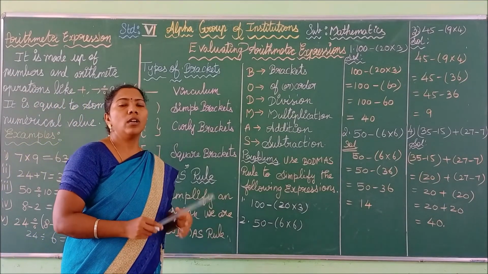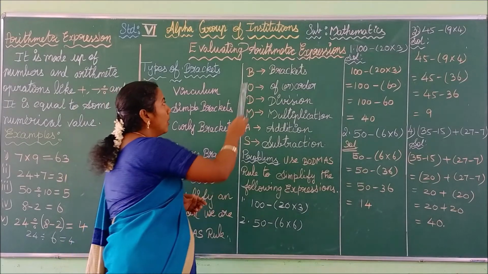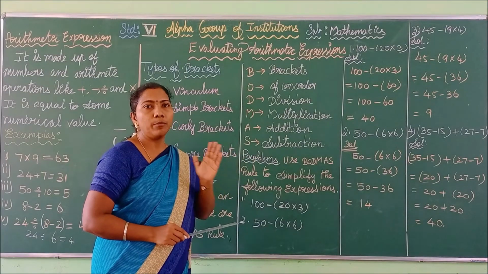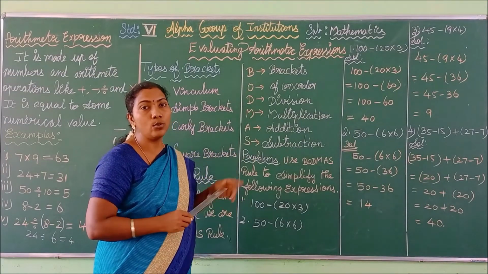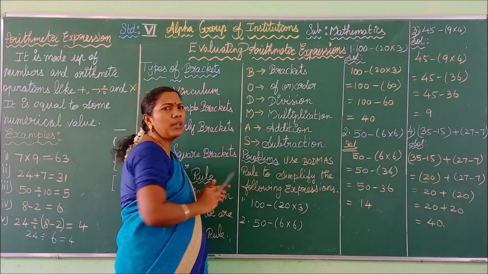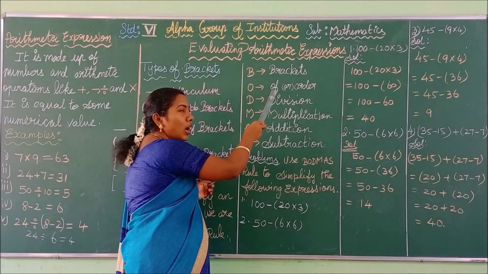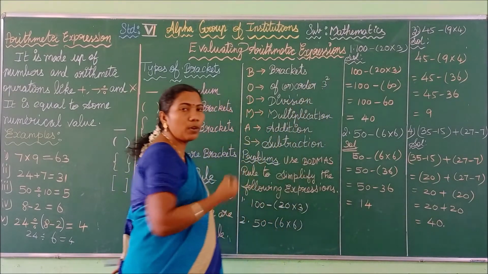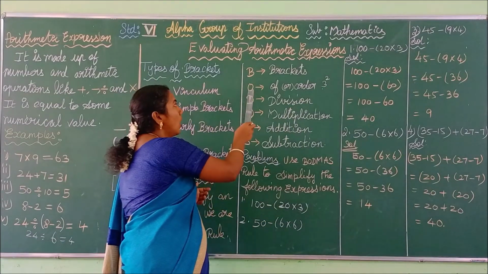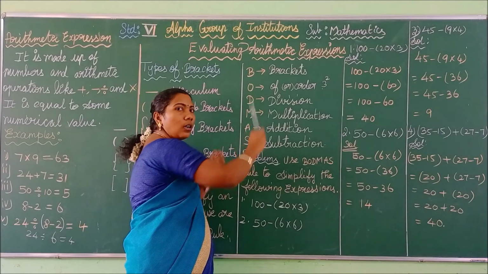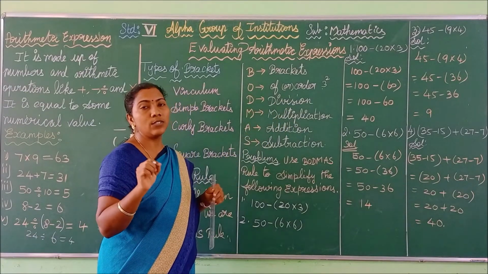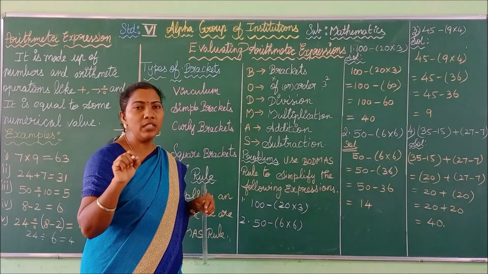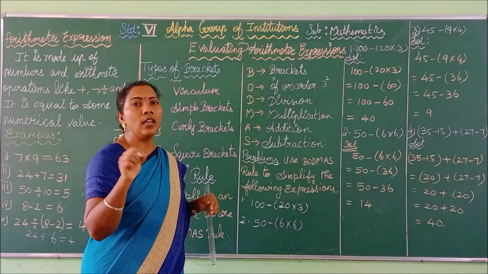Let us see what BODMAS stands for. B-O-D-M-A-S. You have to remember this spelling, and use capital letters to write this word. B stands for brackets, and O for of or order. Order means here 3 power 2. Such a way of writing numbers is called orders. And what does of stand for? It stands for the operation multiplication. Whenever an expression contains the word of, you write the multiplication symbol instead.